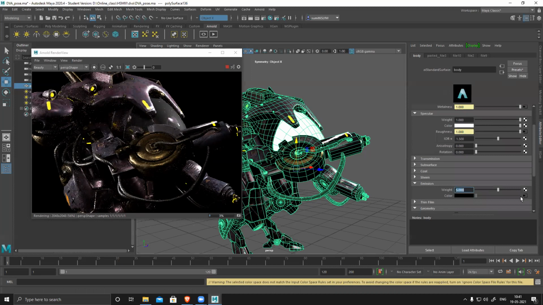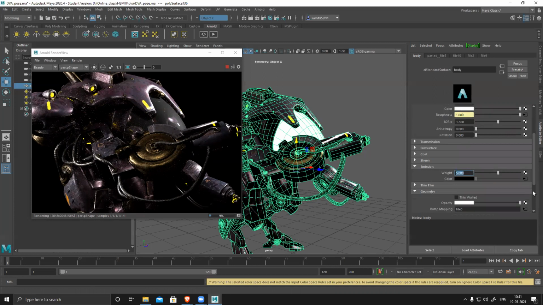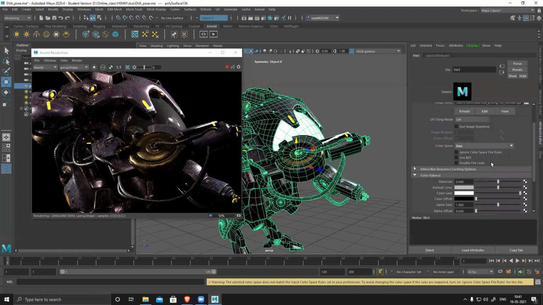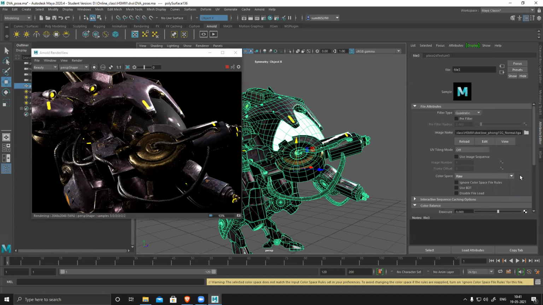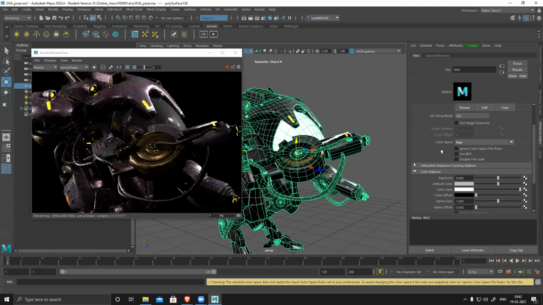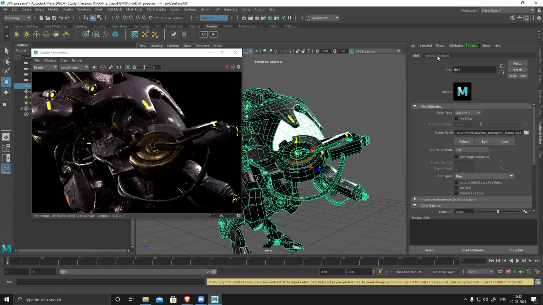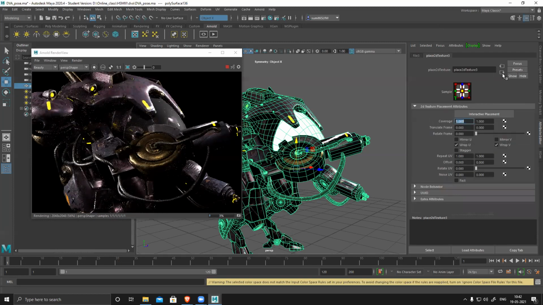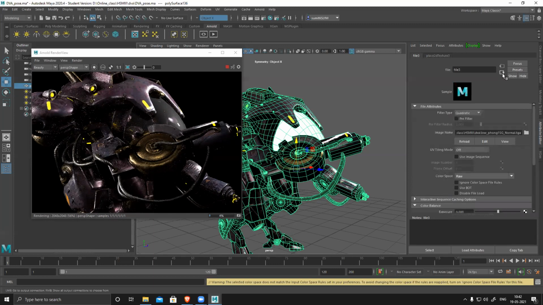Now I'll go to emission. You can see emissive, the intensity I'm using 5. So by default it was 0. So you can change, assign a map, and intensity can increase. Then go to geometry, open. Normal should be raw, and alpha's luminance should be turned off. This you can do. And there's one more thing I have to do, because normal I can see clearly,